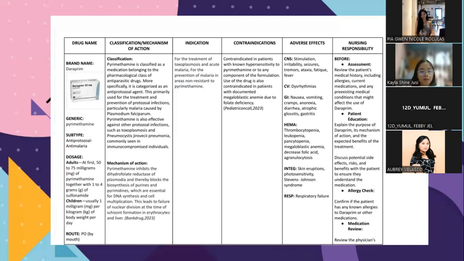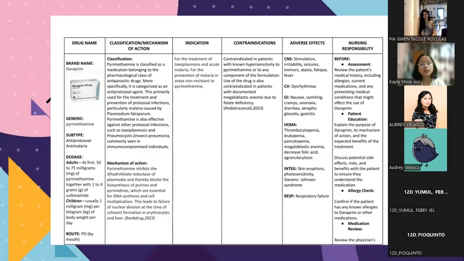Pyrimethamine inhibits the enzyme dihydrofolate reductase, or DHFR, which is involved in the synthesis of folate, and in patients with megaloblastic anemia due to folate deficiency, the use of pyrimethamine can further impair folate metabolism and worsen the anemia. So it is important for the healthcare provider to be aware of this contraindication and carefully evaluate patients for any known hypersensitivity or underlying megaloblastic anemia before prescribing